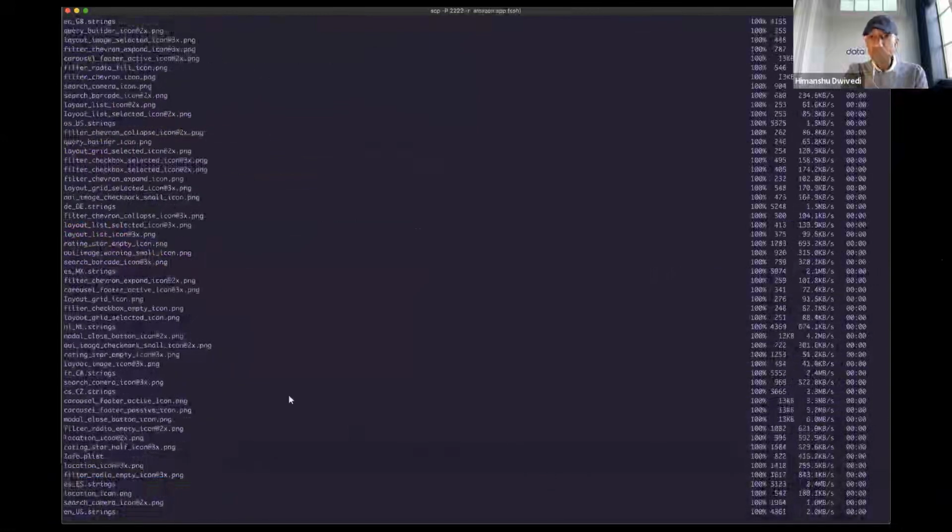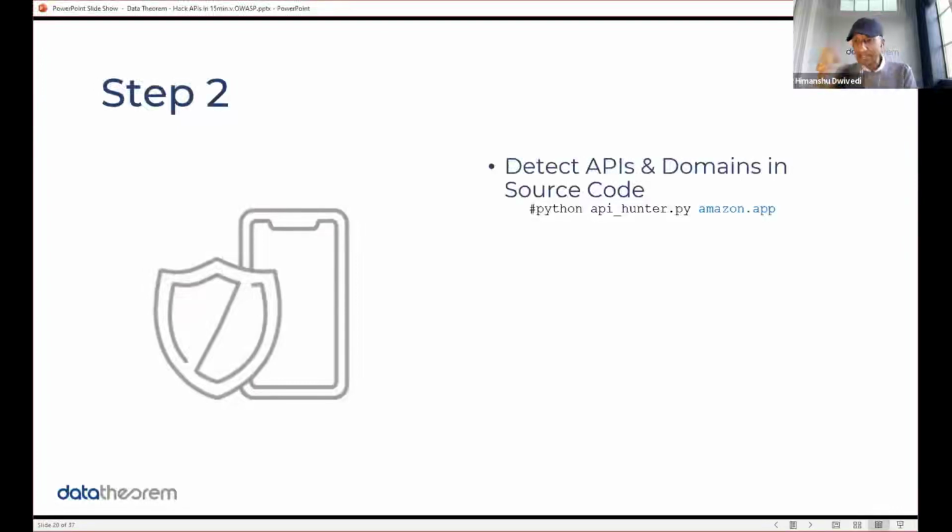All right. Now, step two is decompiling the app to get to its source code. Remember, this is a binary in a public cloud. We call it the App Store, but it's still a public cloud. So we took Amazon's app from the App Store. It could be Netflix, could be anyone. We're going to decompile it, and now we're going to go and hunt for APIs. My coworker, Ethan, who's going to take over in a second, wrote a tool called API Hunter that essentially looks for APIs in the Amazon app, right? We're going to release it to you all to use and play with afterwards. Very simple. So I'm going to just show that in action.